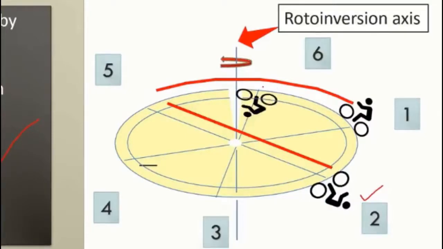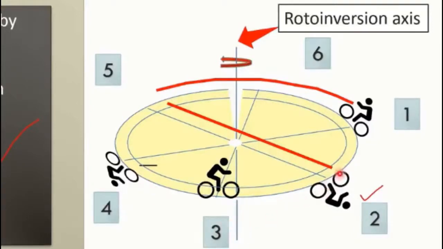Now, starting from 3, first rotation by 120 degree and then inversion at the center of inversion generates a new position point at 4. And so repeating in this way from position 4, first rotation then inversion, position 5 is generated. Rotoinversion at point 5 generates position 6. Now position 6 will bring us back to starting point.